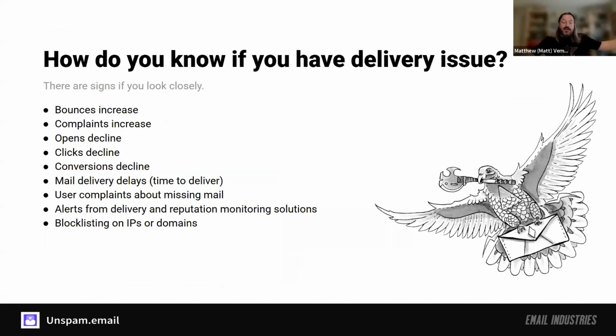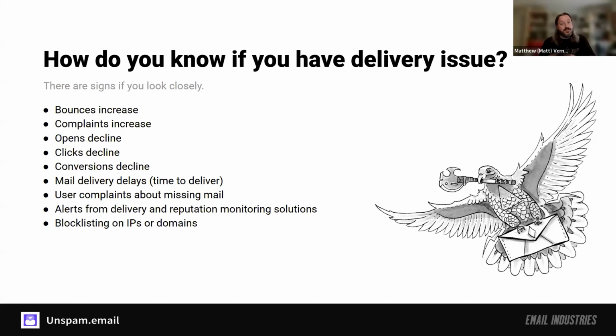Well, over time, we're going to look at trends, right? Are your bounce rates increasing? Are your complaints increasing? Are your opens and clicks declining? Are you seeing these changes? These are all early warning systems that potentially you're about to, or you're starting to slide into a delivery issue, right? More bounces in regards to delays, failures, more soft bounces you're seeing in your reporting. So if you're used to like 1% soft bounce rate, and all of a sudden it's 5% soft bounce rate, something has changed. You need to pay attention to it.